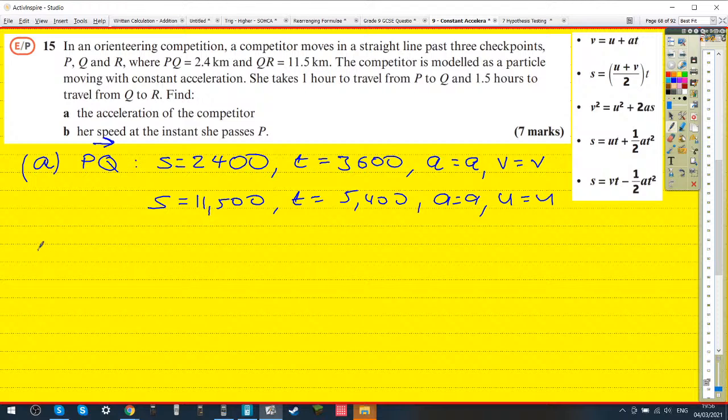Yeah. And would it be S, which is 2,400, equals V times 3,600